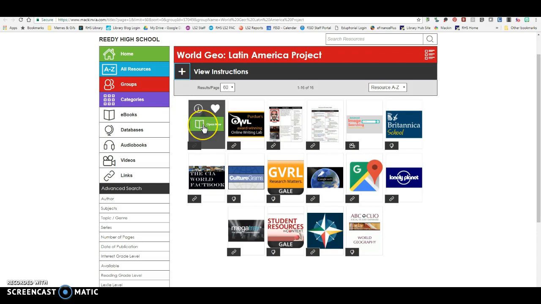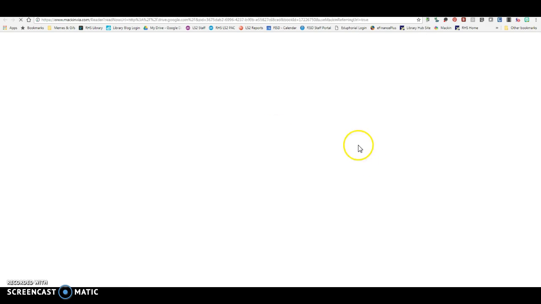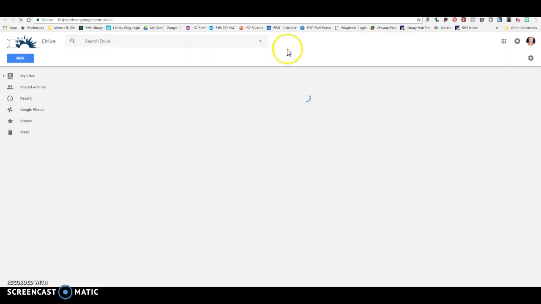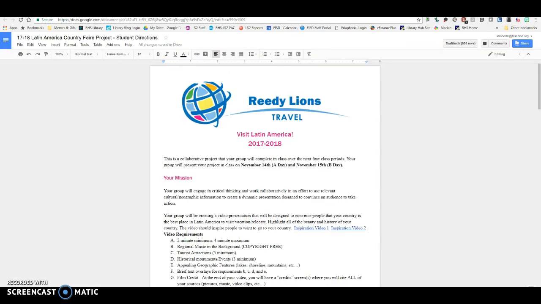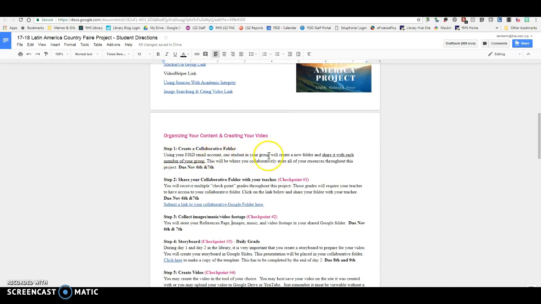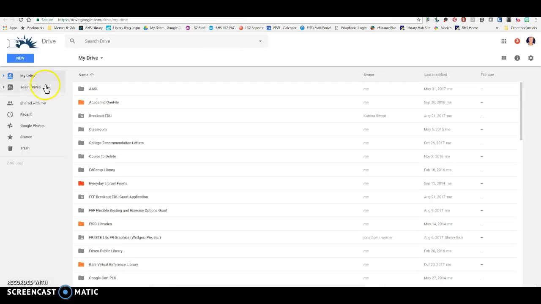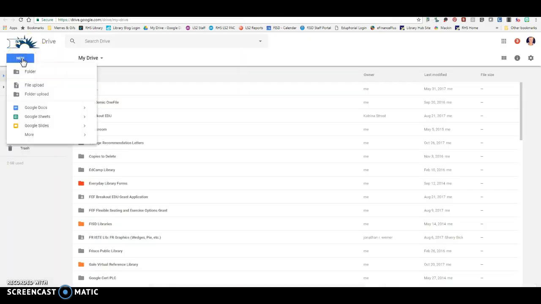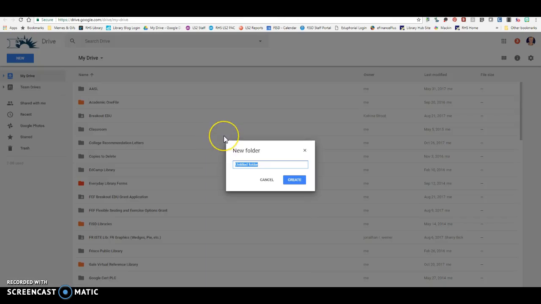This is just a link to your Google Drive. You can open this, and when it comes time, you can follow the instructions here for making a folder for your group. So you guys are going to need to create a folder for this assignment and then share it. So to do that, you're going to go to New Folder, and you're going to call this your World Geo Latin America Country